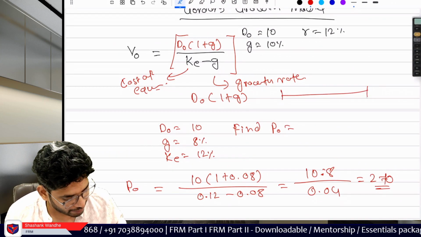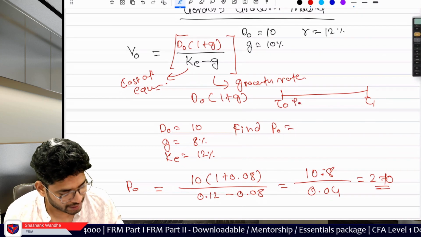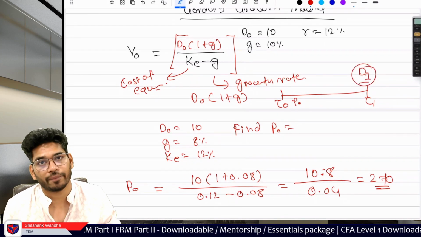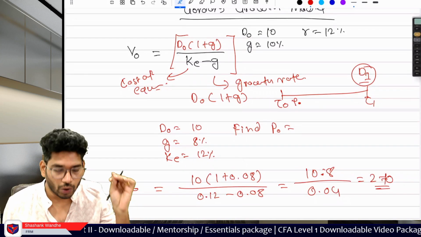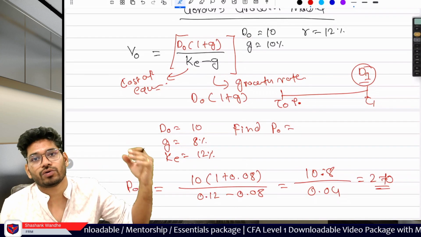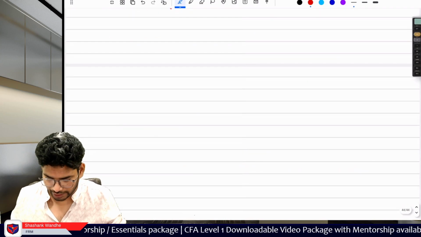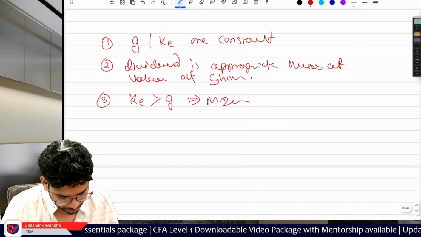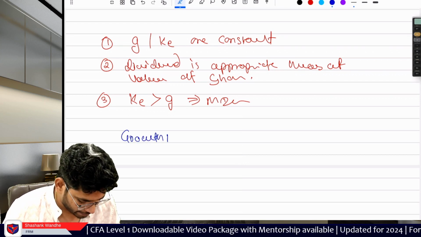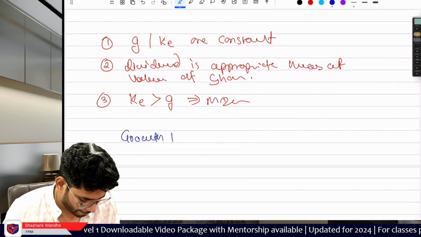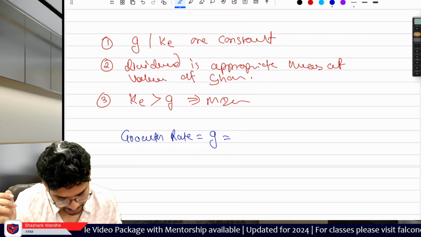If you see this on the timeline, this is T1, this is T0. To calculate the price at T0, you have to take the dividend at D1. You can't take the dividend of D2, D3, D4 and so on. You have to take the dividend at D1 only. If you have the dividend at D2 or D3, then we have a slightly different method, where we simply tweak the maths. There is nothing amazing in this, just some basic mathematics. Now, G is the growth rate, and this G is also known as the sustainable growth rate.